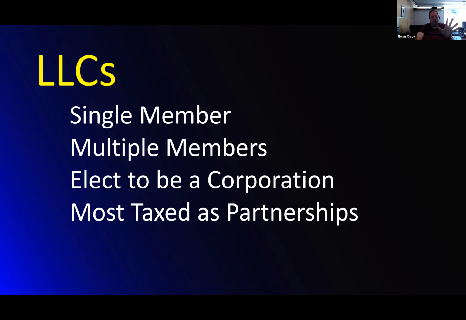Now I know that's hard to understand, but if there's just one member, and they declare that it's a sole proprietorship, it can elect. Now, again, this is where it gets complicated, guys, so I'm going to spend a little bit of time on this. An LLC has the ability to declare at the time, it's a form 8832. You have to file it at the time, and you can tell the state how it wants to be taxed, how it wants to operate.